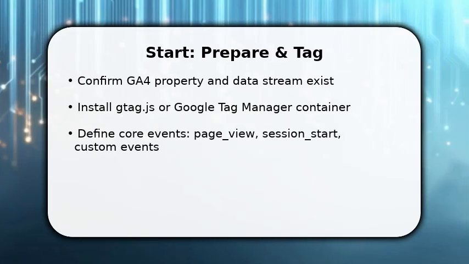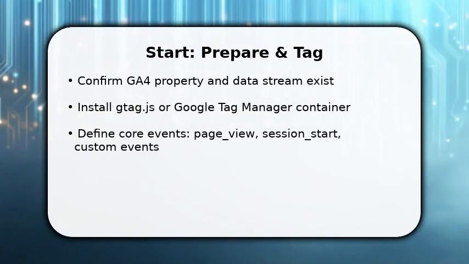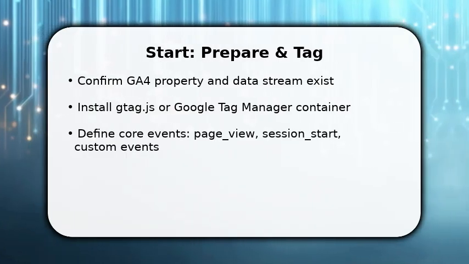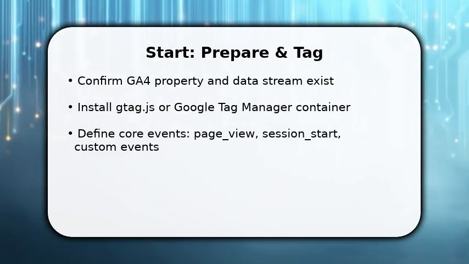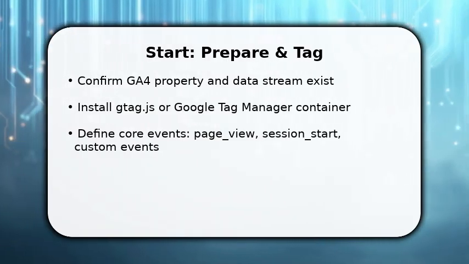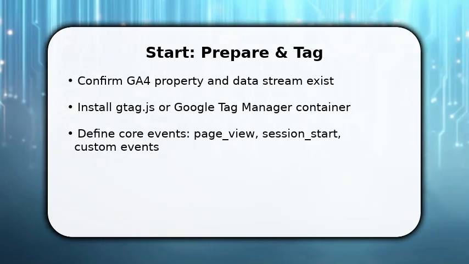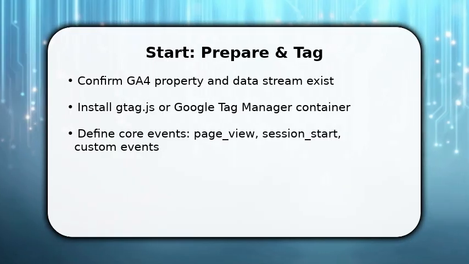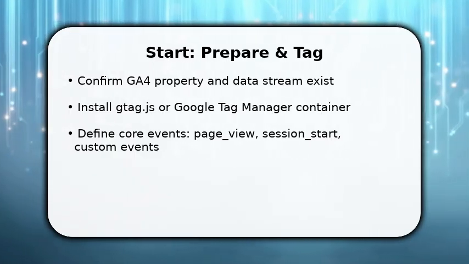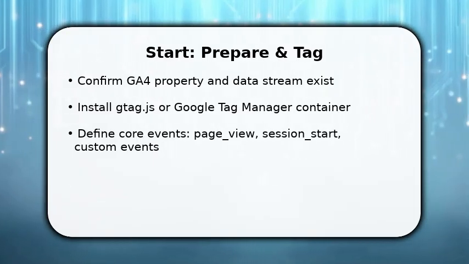Enjoy the video. You will begin by making sure your GA4 property and web data stream are live. This is where data flows. Next, install GTag.js or push a Tag Manager container to the site so events can fire. Once done, define the core events you need: page view, session start, and a short list of custom events that represent key touchpoints. Make sure each event has a clear name and key parameters so you can stitch actions together